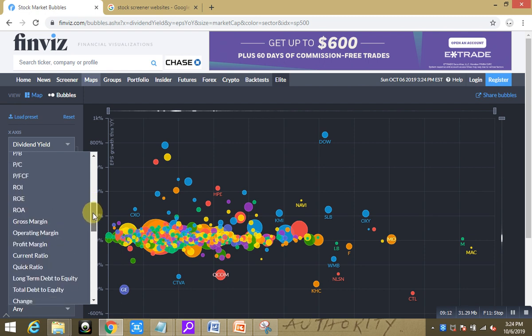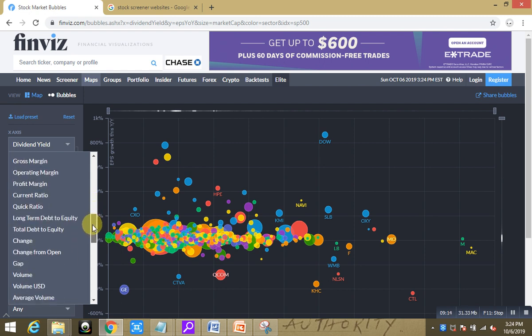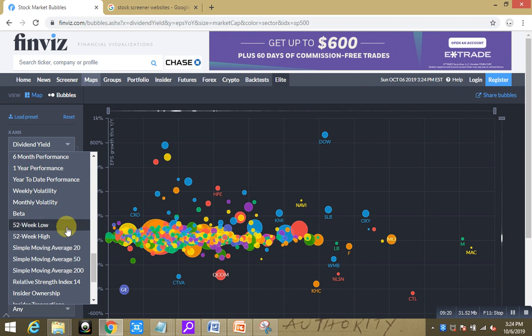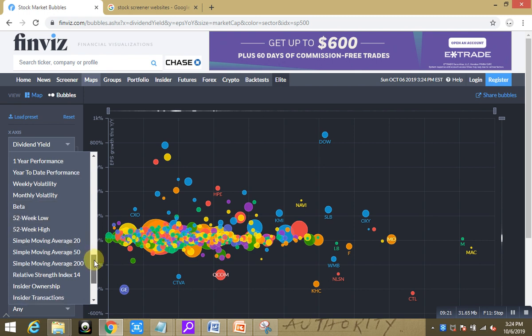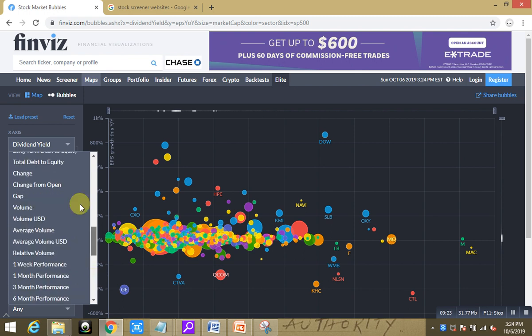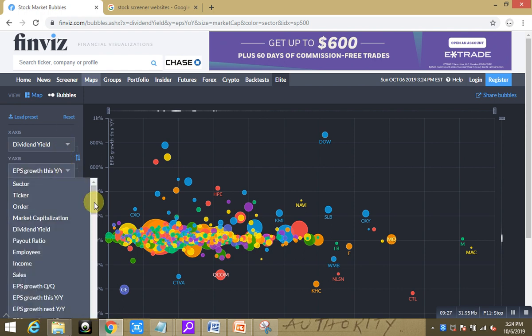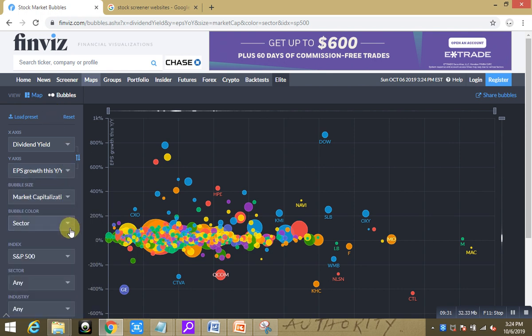So there are so many different ways to filter it. This one is based on overview. Second, if you see, there is valuation, on what information you want to see on the stock, right? Financial, ROI, ROIC, and so on. Technical. So there are so many different ways to filter these stocks. You can do it based on descriptive. You can filter it based on fundamental. So these tabs on the top change basically what you can filter on, and these tabs at the bottom filter on what you will see based on those filters,